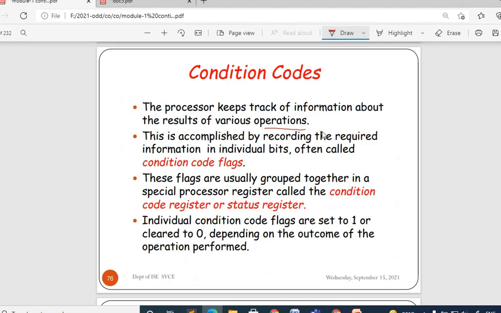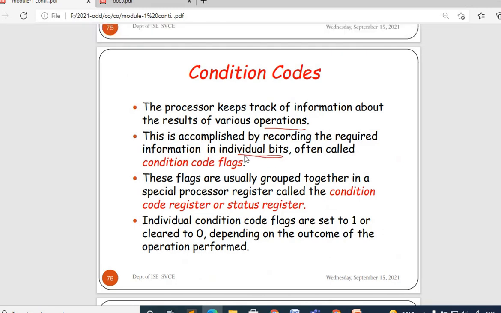This is accomplished by recording the required information in the form of individual bits. If it performs an operation like addition or subtraction, and the result is 0 or negative, that bit information is stored in a special flag called the condition code flags.